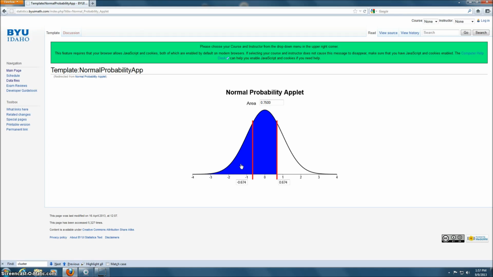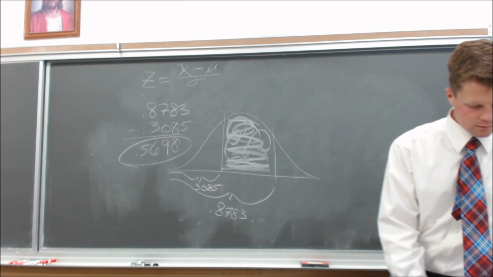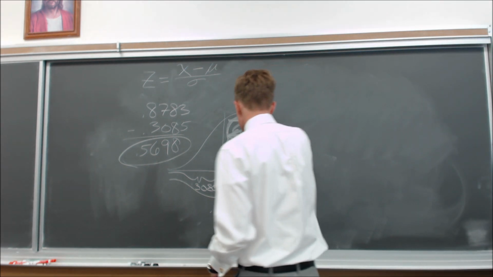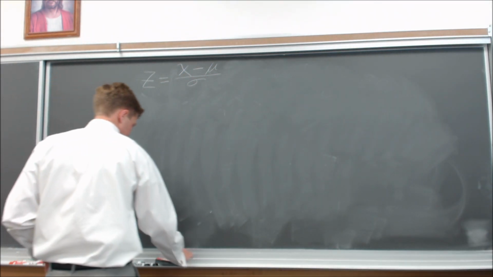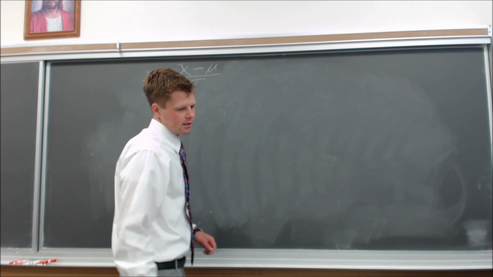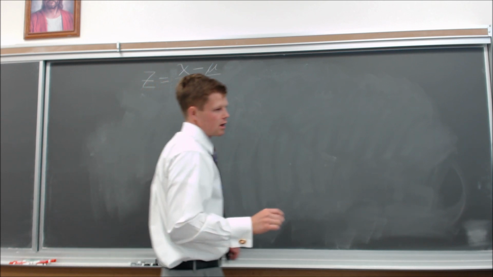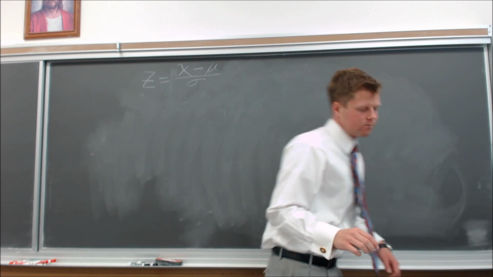Now, since we're looking for a value, we're going to take this z-score and move it into our formula. Let's erase this. So our formula is as follows. We have our z-score of 0.6745